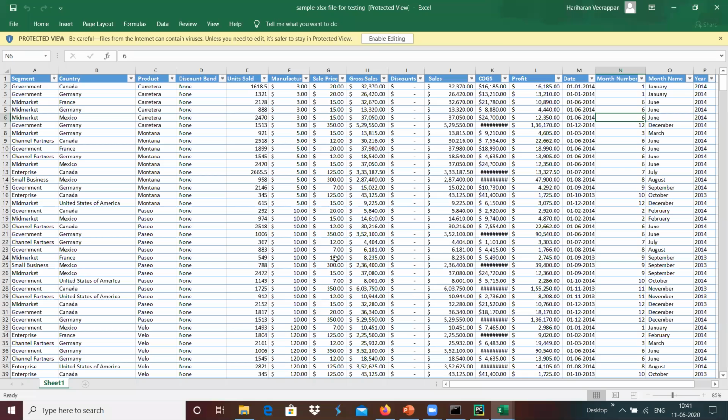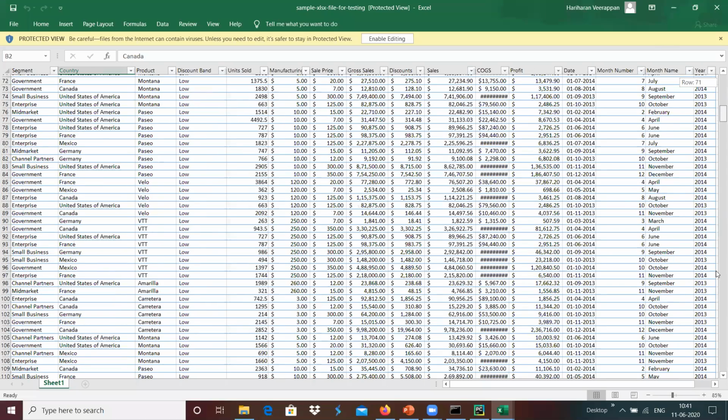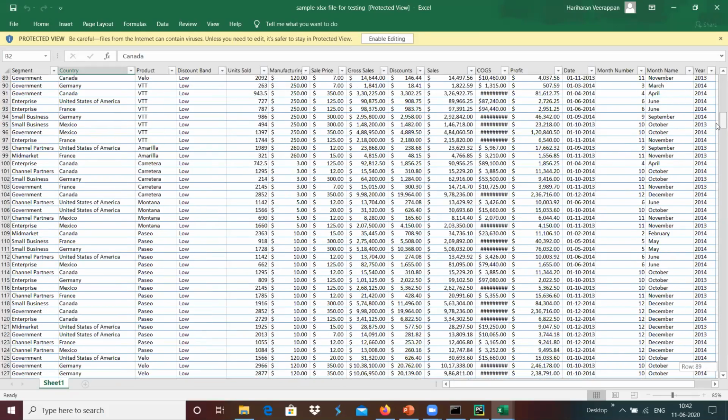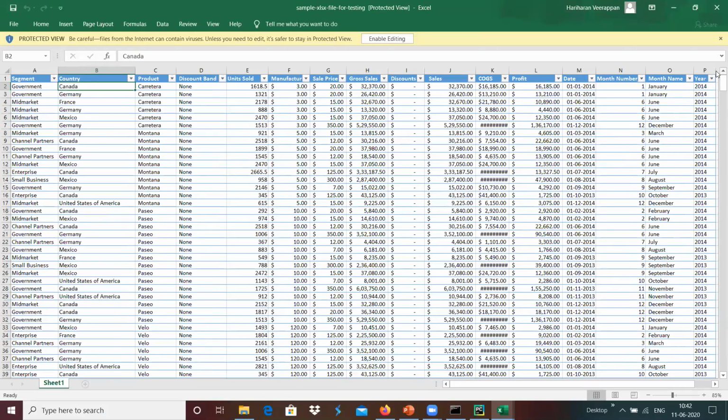Here we have data with country, and it has around 700 entries in this sample file over here. And we can load this file.